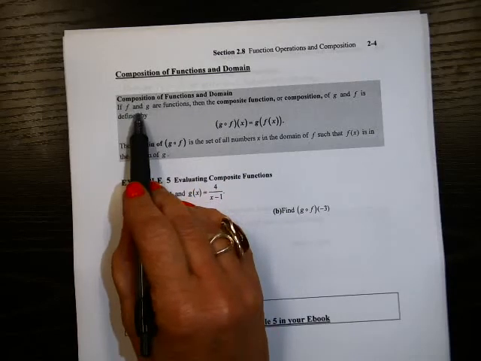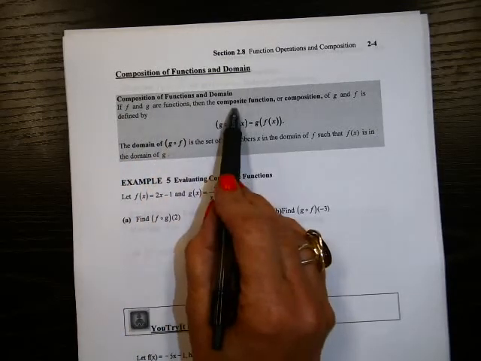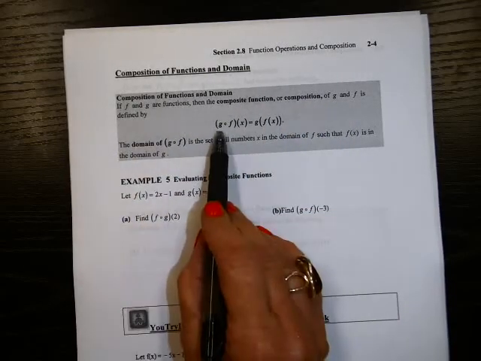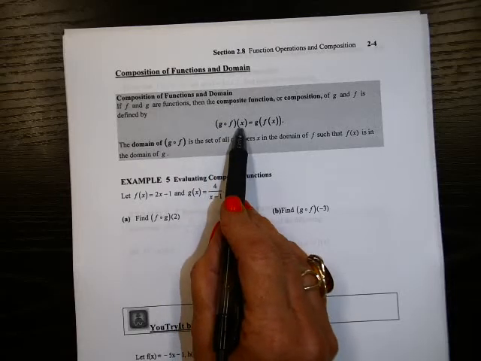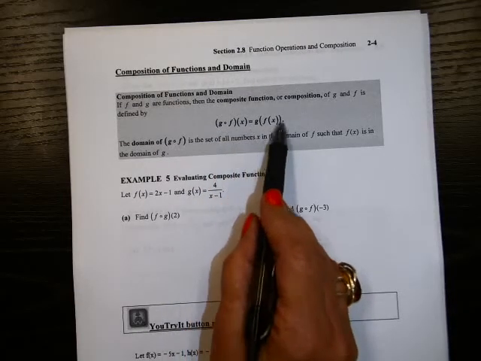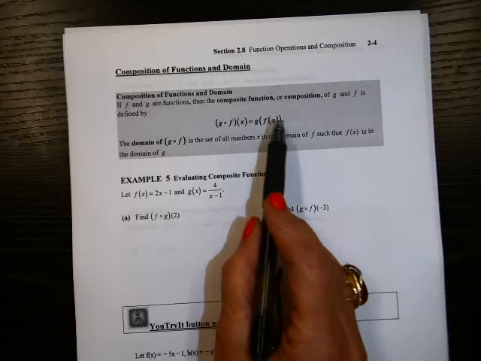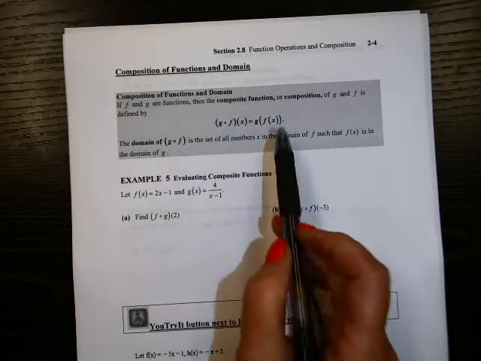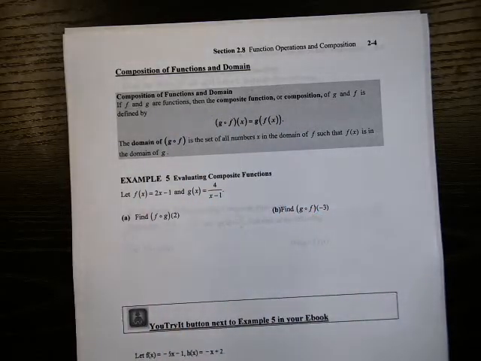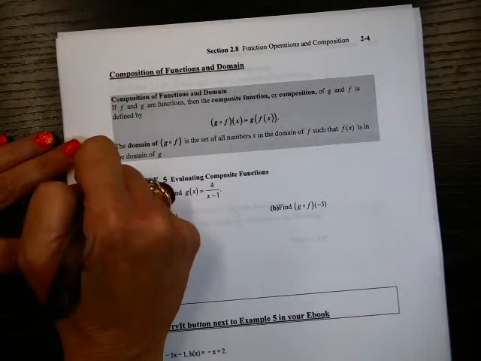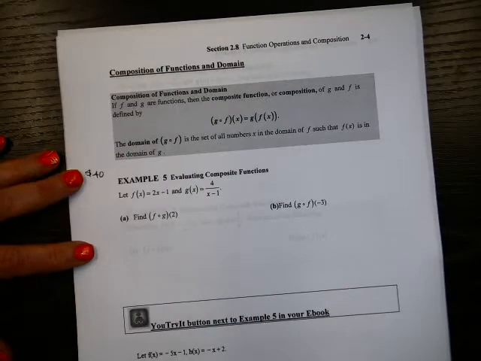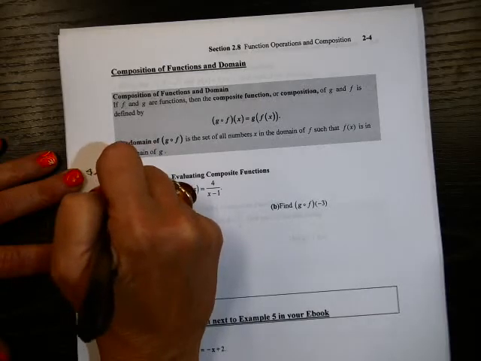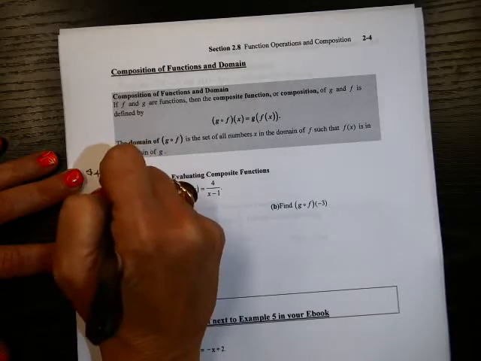Composition of functions. If f and g are functions, then the composite function, or the composition of g and f, is defined by g of f of x, which is g of whatever f of x is. To explain this a little bit better, with a real life example, let's say there are a pair of jeans and they cost $40. A composition function would be something where a retailer says today they're going to be 25% off,